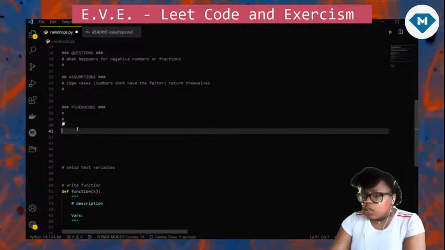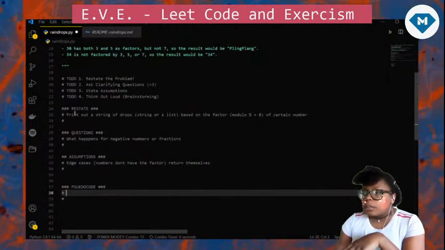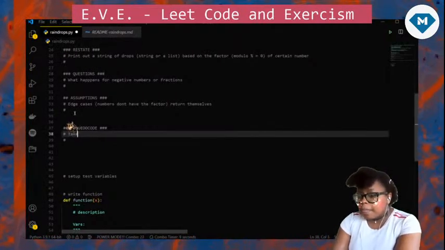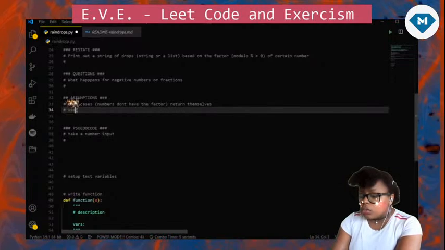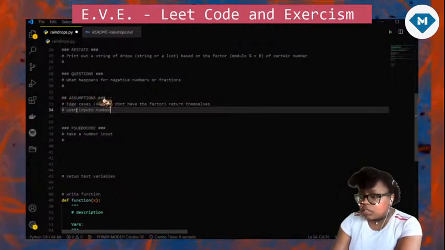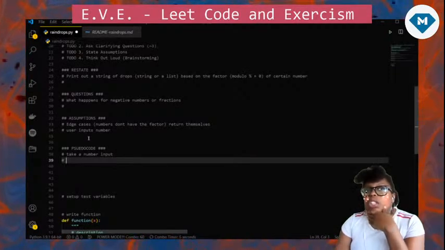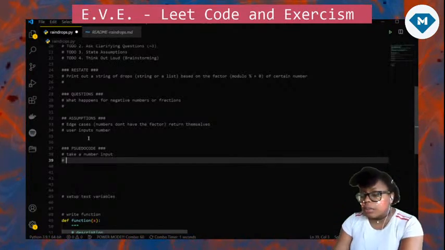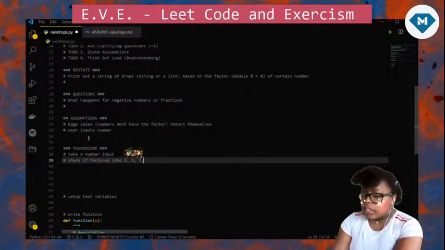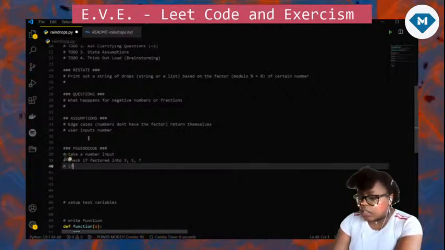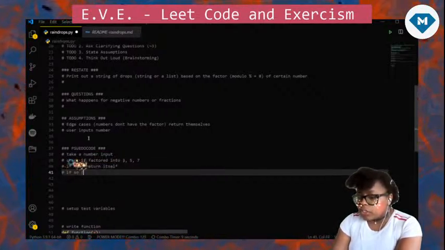Cool. So pseudocode, I kind of did a bit of the pseudocode before, but to go more in depth about how it would actually be. So I would say take a number would be the first thing. Take a number input. I'm going to assume, and that's another assumption, that we're getting user input. So we take a number input. We are going to check if it's factored into any of those numbers: 3, 5, 7. And then I'll say if not, return itself. If so, return